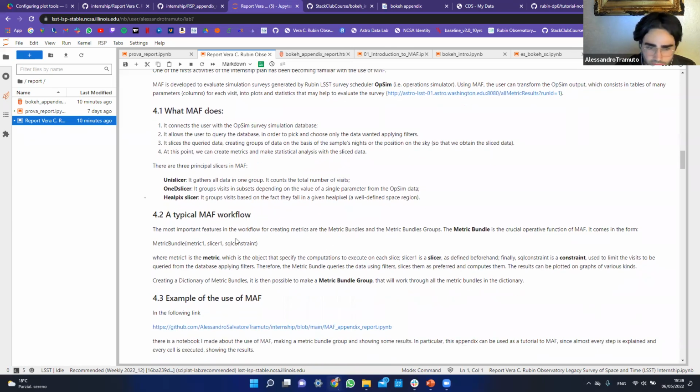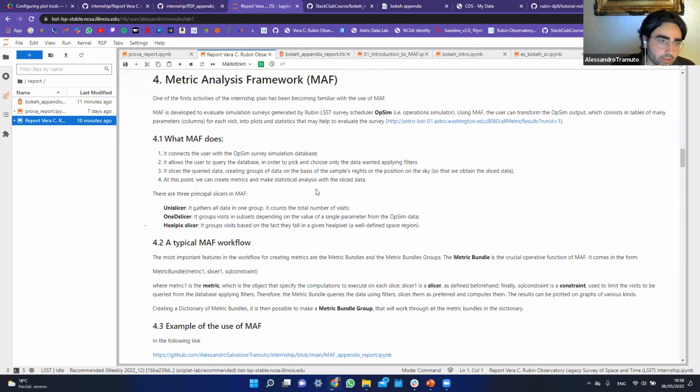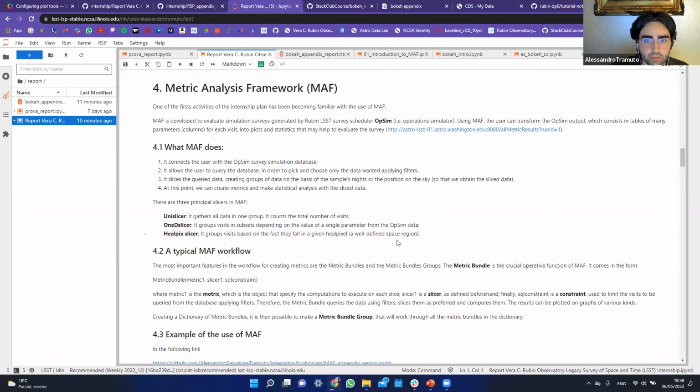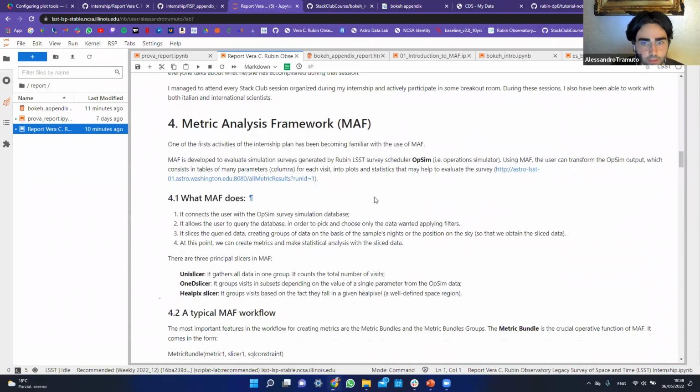I also was starting to try to create a new metric, but it was too much stuff to do in 2 months. So I decided to go with the use of Portal and notebook. It was better for the time I had, essentially. So I can talk about the math because for me it's very useful, and we are going to talk about